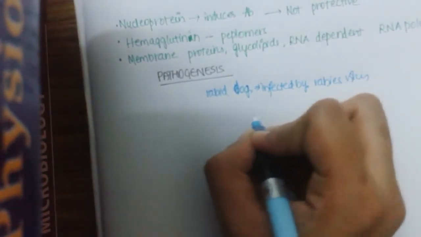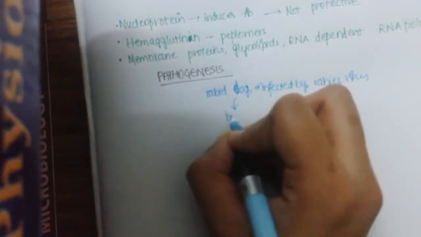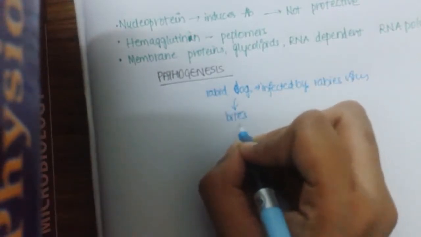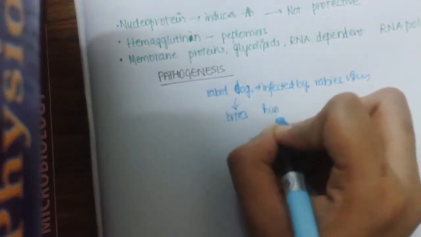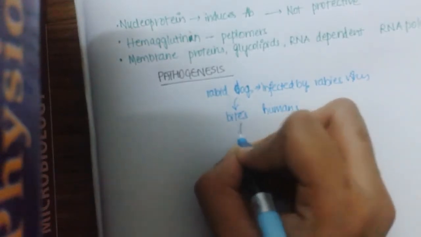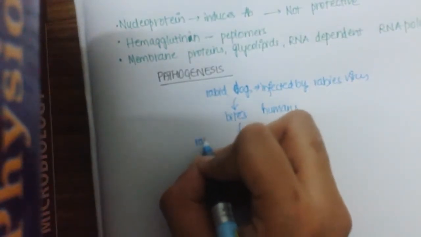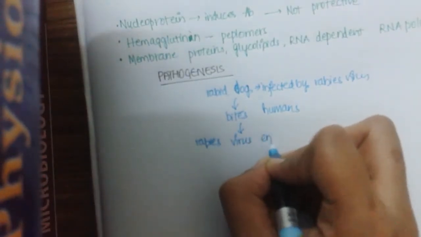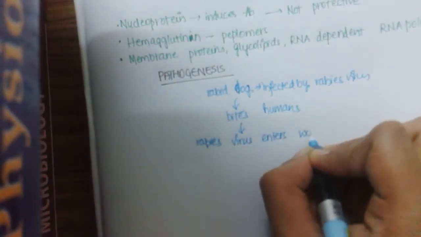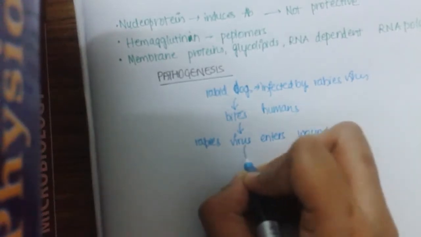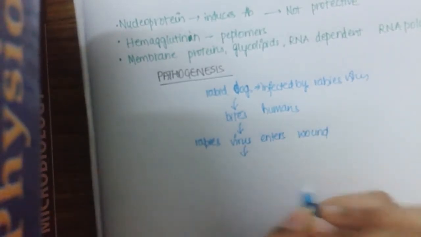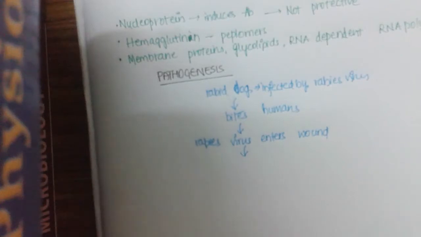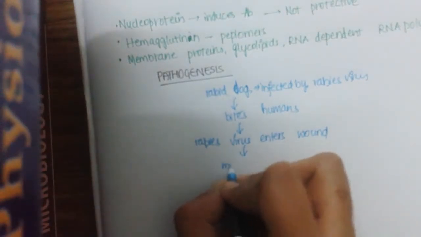This rabid dog bites humans, and this rabies virus enters the wound. Whenever the dog bites, it produces a wound, and through that wound rabies virus enters, and then it multiplies